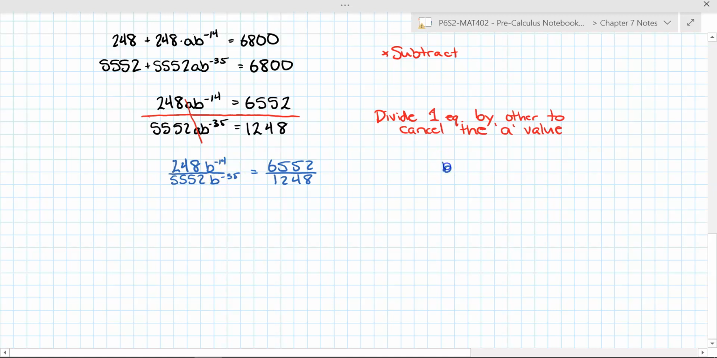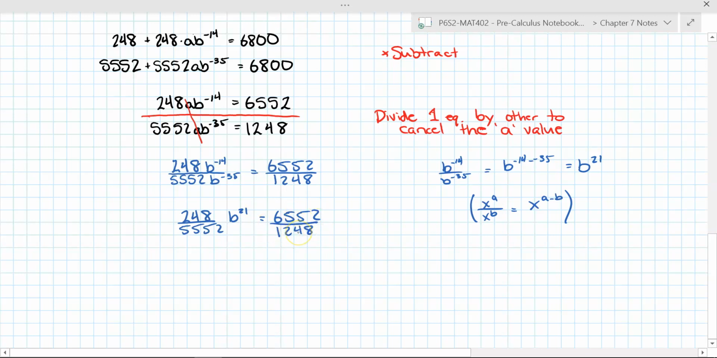If I do that, dividing exponents here is the same as if I were to subtract them. So I have b to the negative 14th minus negative 35. This is going to become b to the positive 21 here. Dividing those exponents, this is just that rule: if I have x to the a divided by x to the b, that is equal to x to the a minus b. So this whole thing becomes, if I want to keep it as 1, 248 over 5552 times b to the 21st equals 6552